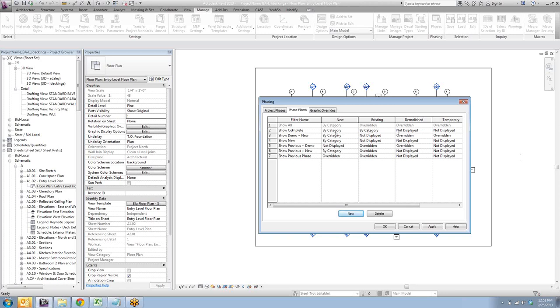Yeah, existing is by category, new is by category. So these are the only two that we really use. We don't really use demolished or temporary objects all that much. But if you do,